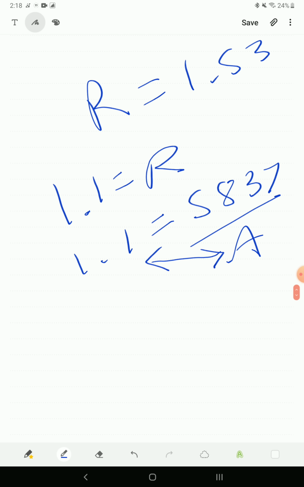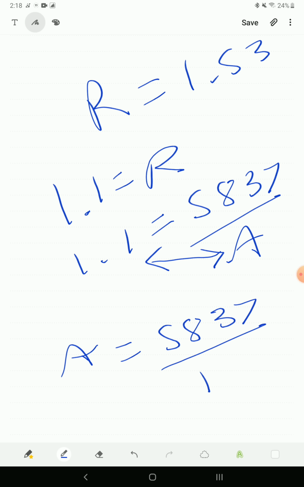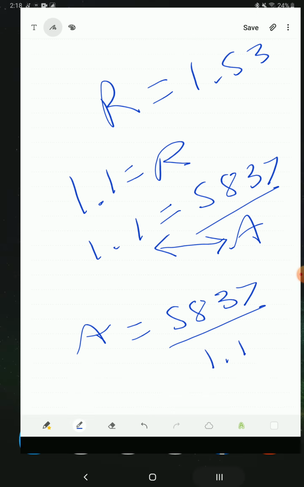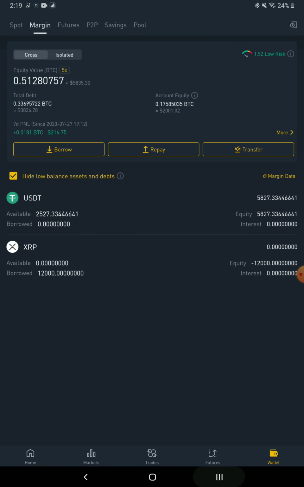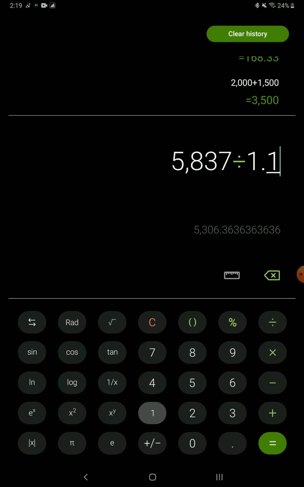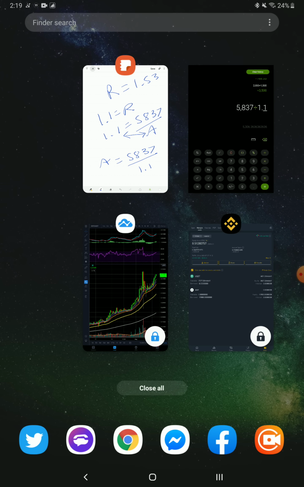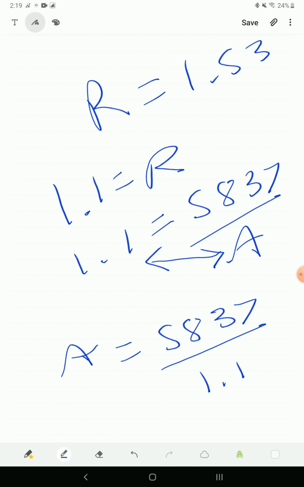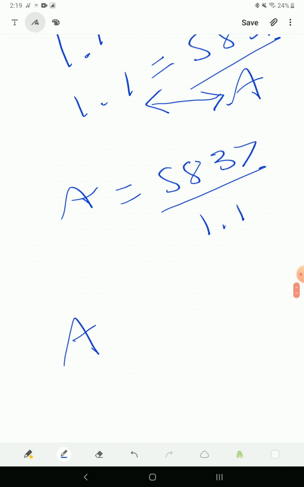That swaps around. Now A is equal to 58.37 divided by 1.1. Okay, so now what you're going to get for your liquidation price, 58.37 divided by 1.1. Okay, and then now you got this number: 53.06. So now A is equal to